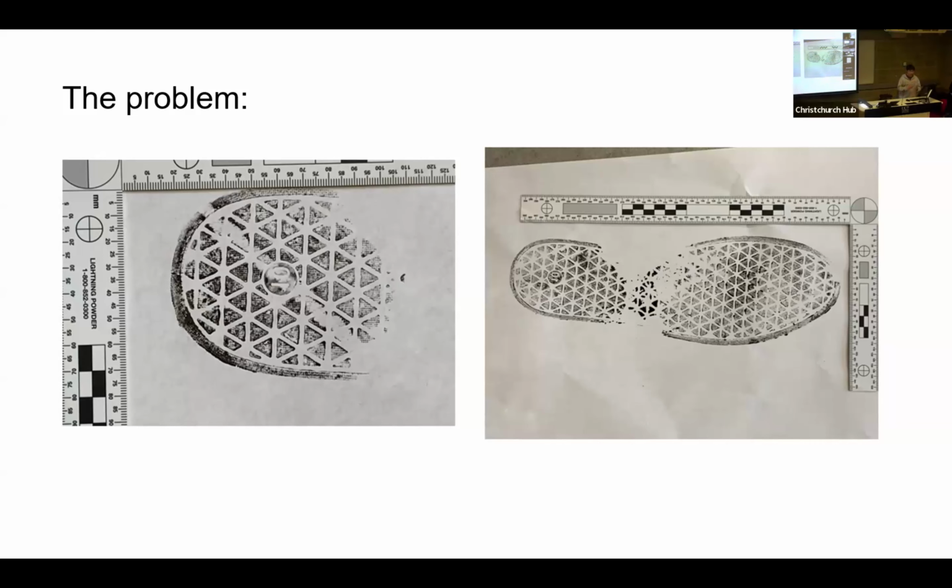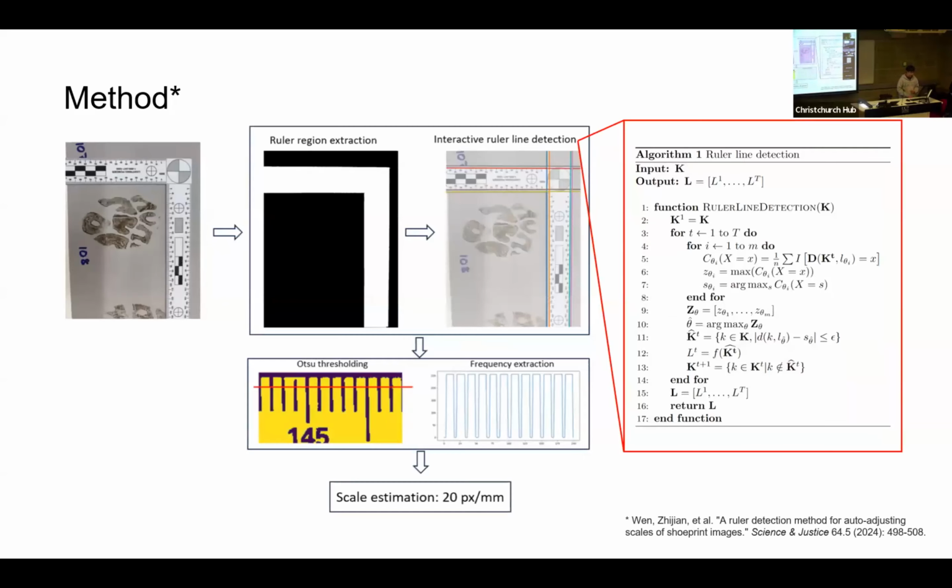However, this process has been conducted manually, and therefore we made a method to automate this process. So here's our method, where we take the images as input, and first we put the images into a thing called the ruler region extraction block, which means we're only interested in the ruler region here. And then we employ a method called iterated ruler line detection, which, roughly speaking, just draws a line perpendicular across all the tick marks on the ruler. And here's the algorithm that shows in here. And if you're interested, there's a little publication shown in the corner.